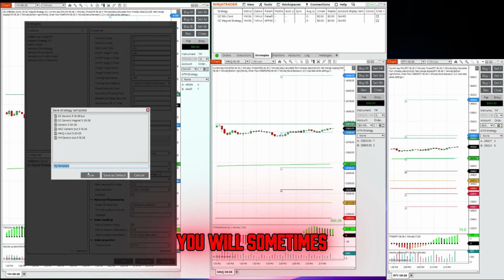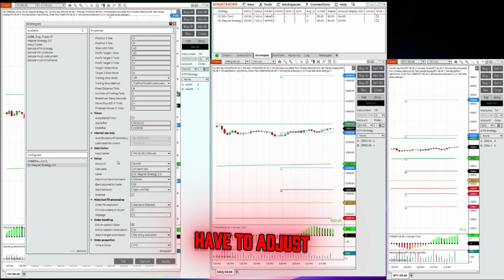You will sometimes have to adjust it when you change instruments. If you're trading micros, you'd probably have a bigger stop than if you're trading full-size instruments. But essentially, that's how you have a complete magnet strategy pre-set up and can be loaded in as a template